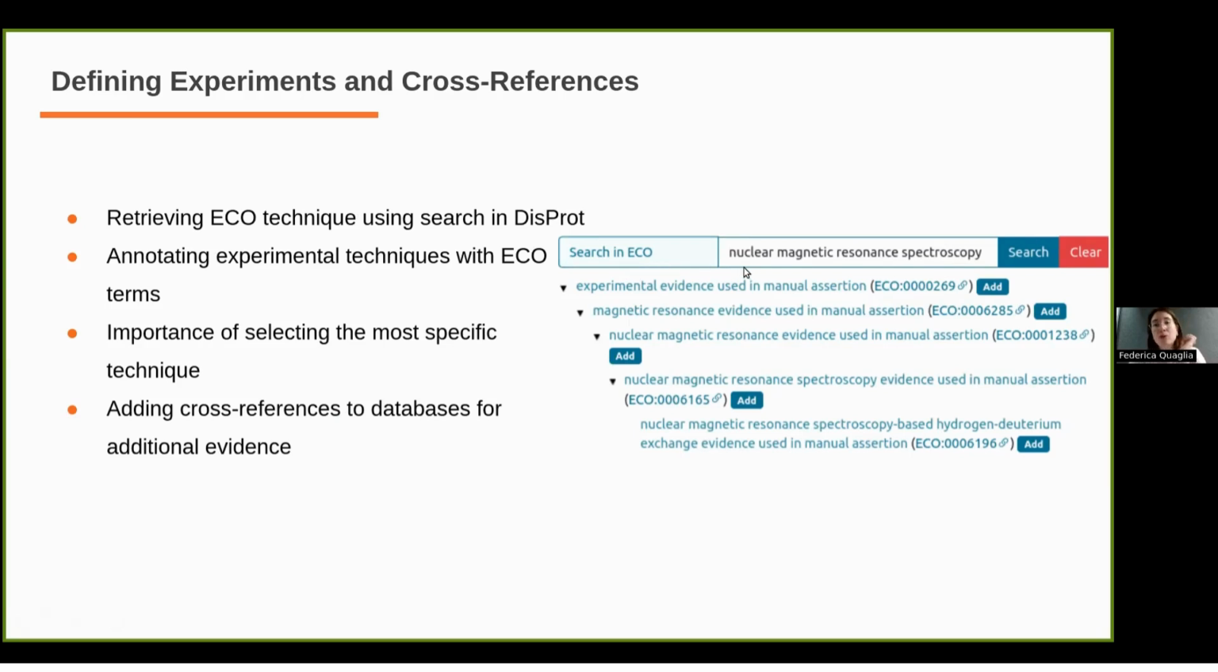For example, you want to look for nuclear magnetic resonance spectroscopy. You will type your technique here, click on the search button, and the system will provide you with all the possible terms that match your search. As mentioned before, it's important to select the most specific technique